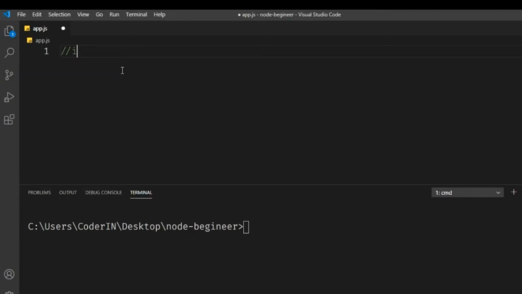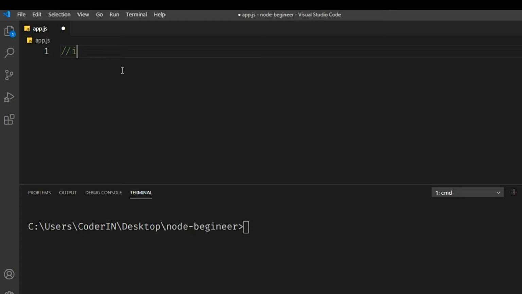Initially, guys, we are starting up with the HTTP module in Node.js. Before starting with the HTTP module, I would like to give you a simple concept of what HTTP is. HTTP, as the name suggests, is the Hypertext Transfer Protocol. It takes all the requests and responses from a particular website and gives a client side as well as a server side response to both the client and the server side.